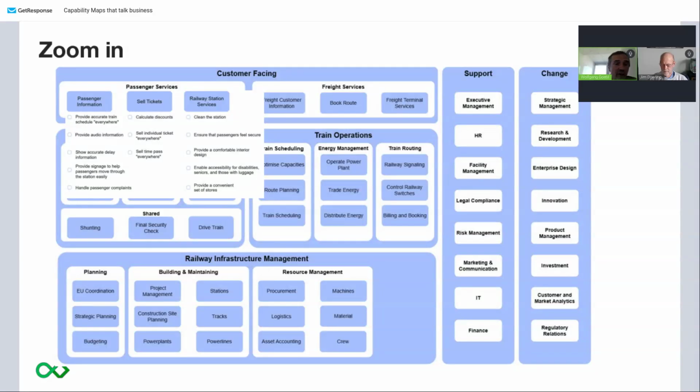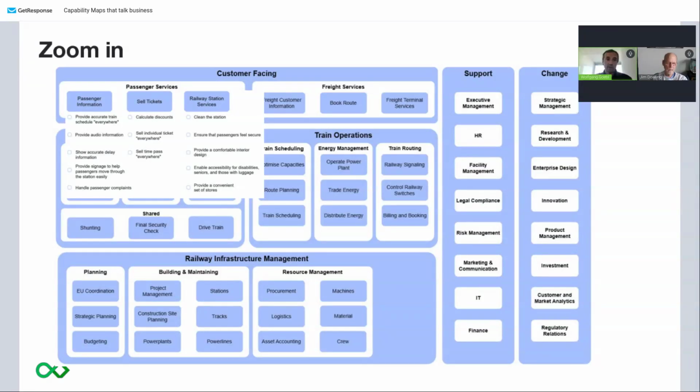We need to provide audio information. We need to provide accurate train schedule everywhere, from the mobile app to the station and so on. We need to show accurate delay information and so on. So what she did, she used the input from AI and other sources and did some editing with her analytical